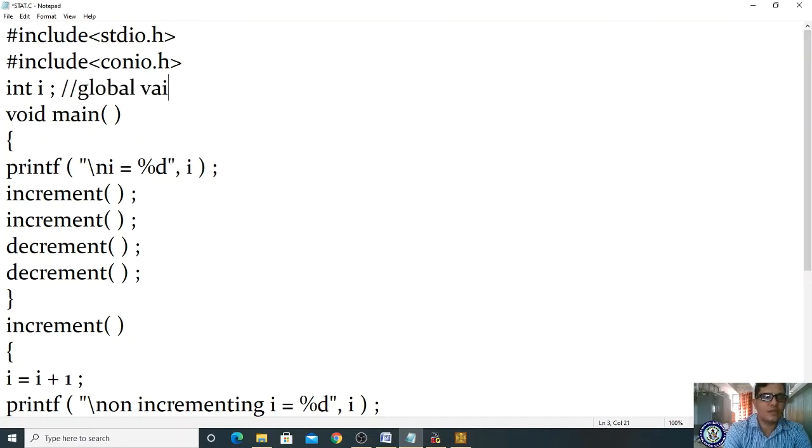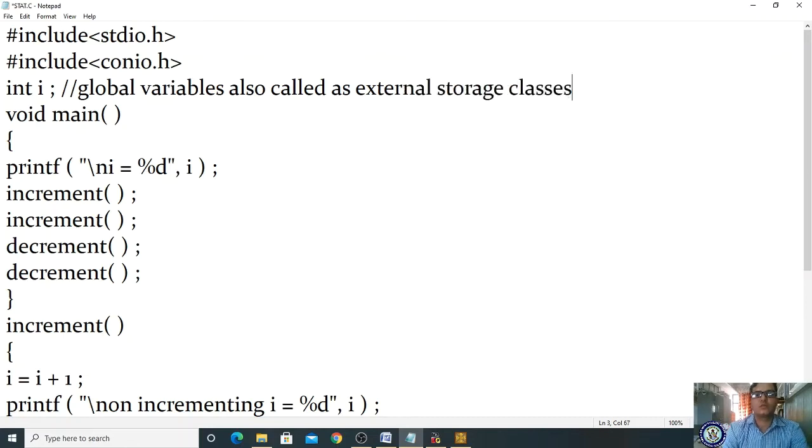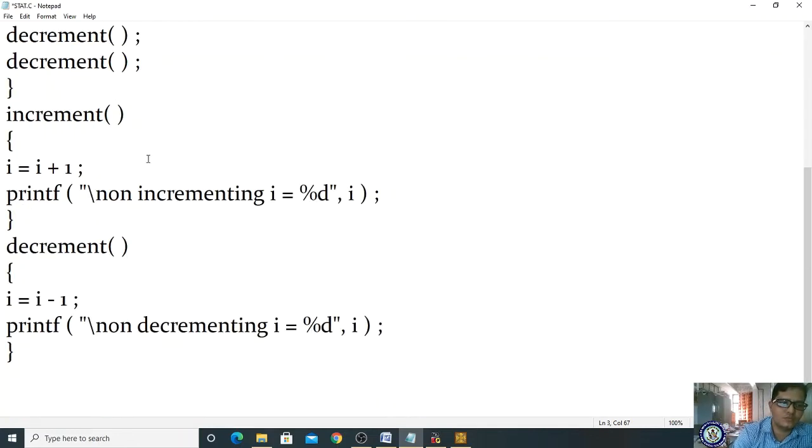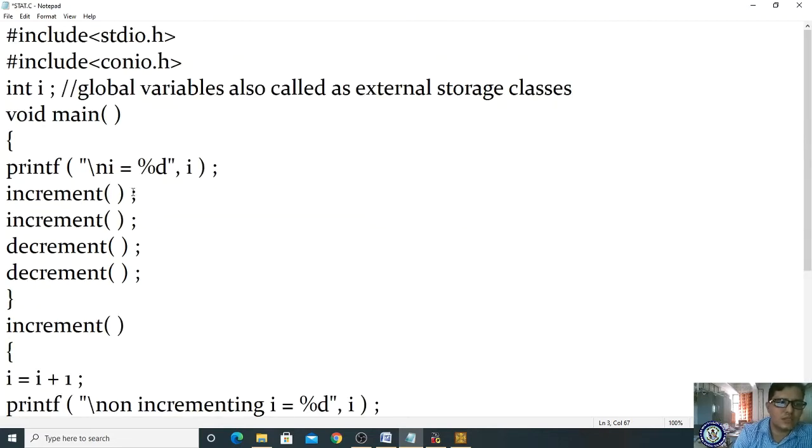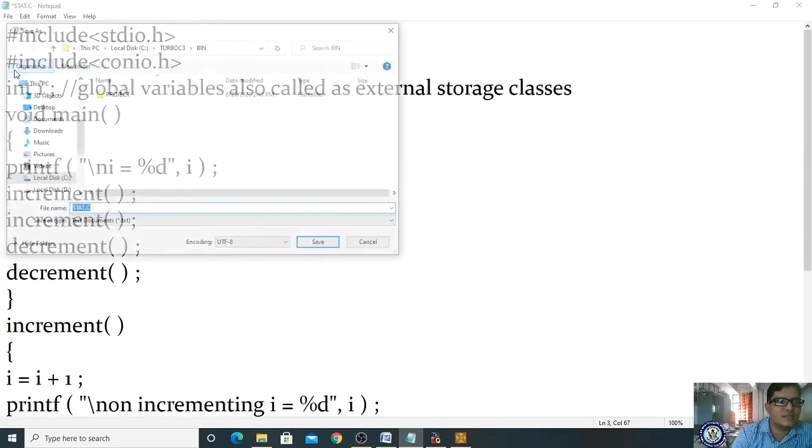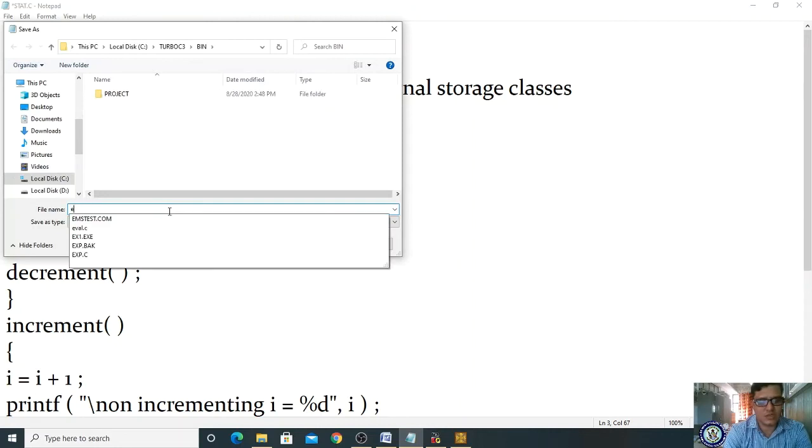Global variables are also called external storage class. Okay, storage classes, external, got it. Even if it has gone out, it holds the previous values. Clear? Yes.